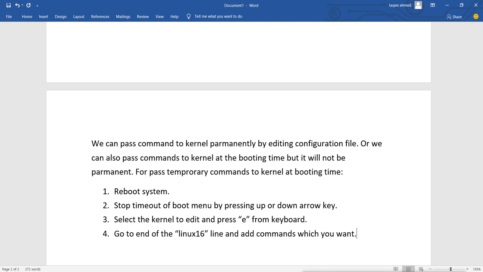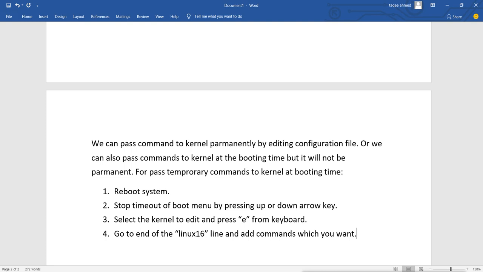So if you like, you can select lots of options, like you want to enable firewall, disable firewall, you want to add IP addresses, you want to boot it to graphical, you want to boot it to command line, you want to go to rescue target, whatever you can change. Lots of options we have to select from. You can find them if you just Google what commands I can pass through the kernel. So you can find lots of commands, lots of options.